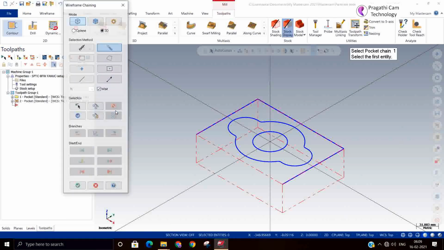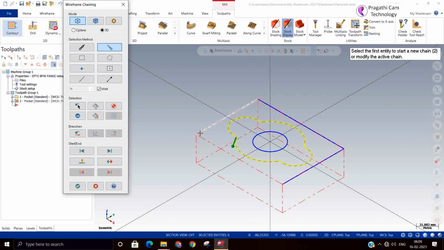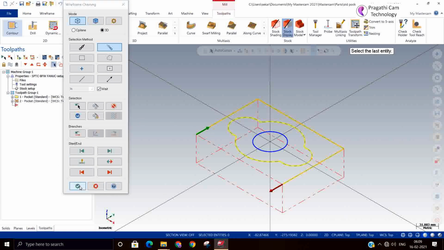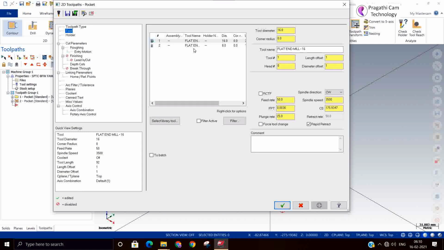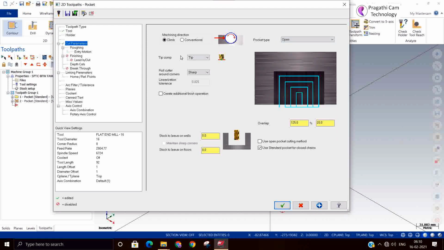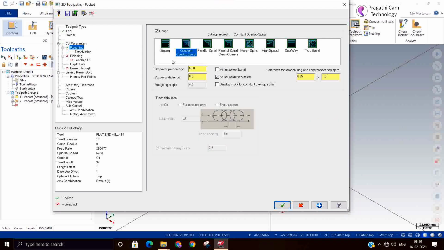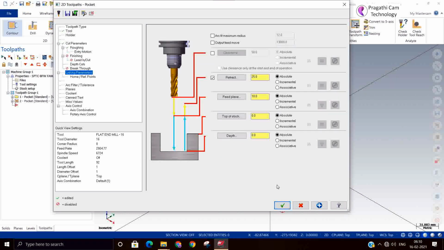I'll select the outer chain. For the tool, we'll select the smaller tool, 8 tool only. Cutting method I changed, depth of cut okay.